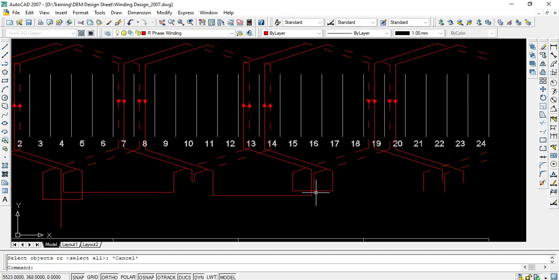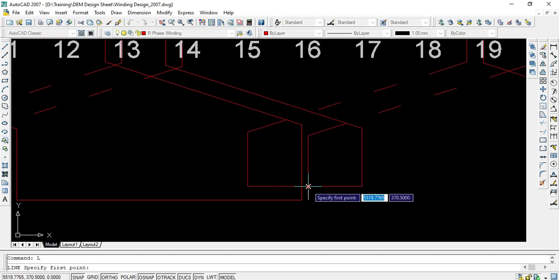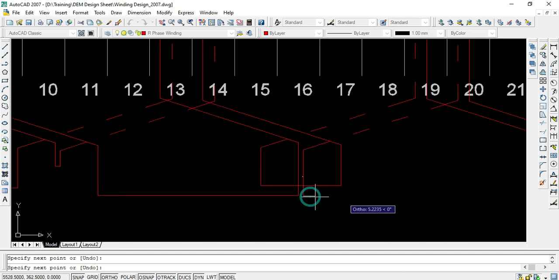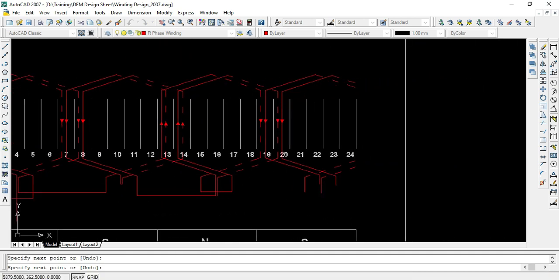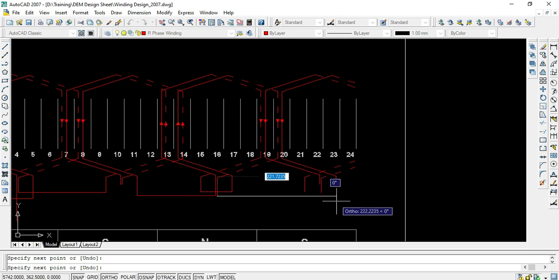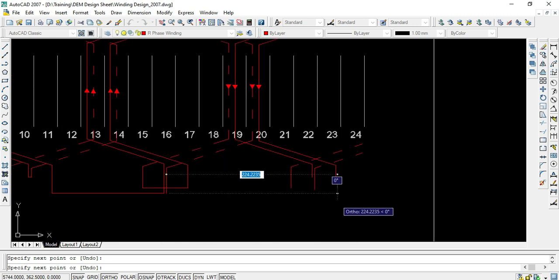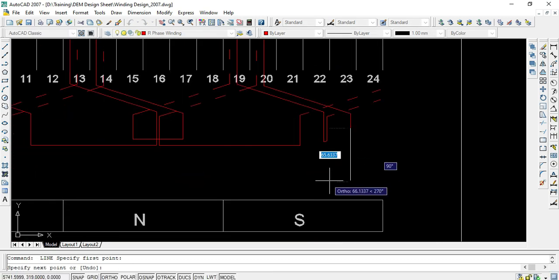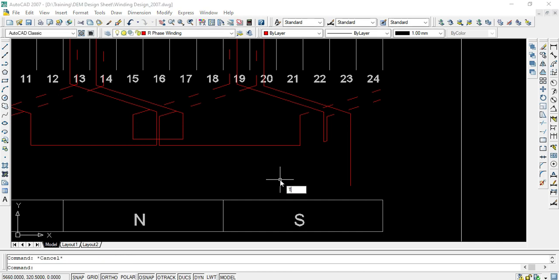Then the current which is coming from this, as we discussed earlier, it must be connected to the second terminal of the first coil like this, and the second one, it is connected to this one, and this is the end terminal of R phase coil. So I will name it,